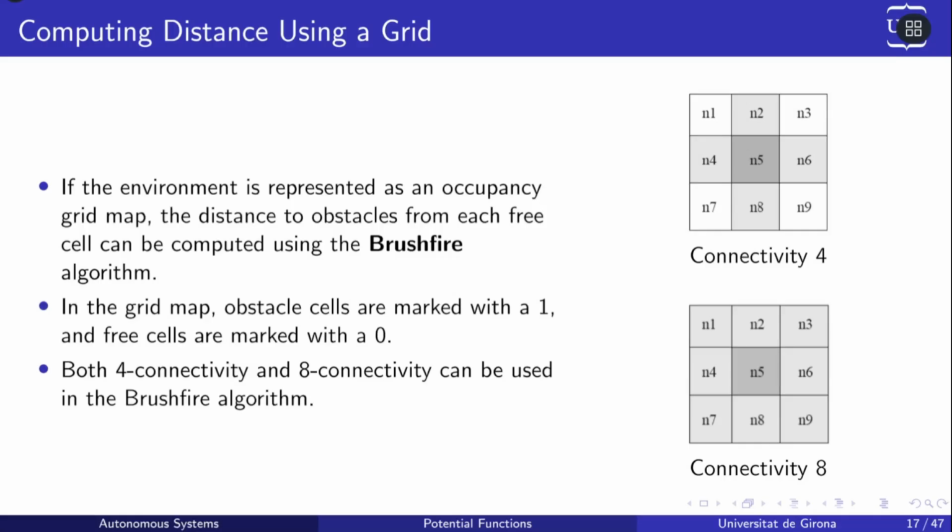there is a concept here that I never know when to introduce, but let me do it just now. We can assume that our robot is a point robot. Remember that at the beginning of the class we said that our robot is a cube that has only the position x and y. Then the robot can move only forward, backward, left, and right. This is connectivity 4. When you are in a cell in a map, you can move to the cell in front of you, the cell behind you, to the left or to the right,